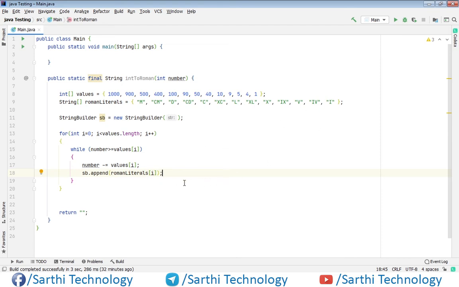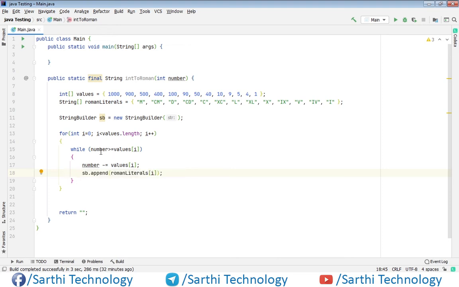So now at this moment we have one I, and the number is now 2. Again it will check whether the number is greater than or equal to values i, that is 1. We have 2 at this time, and the value is 1, so again we will enter here. First we subtract 1, and now we have 1, and we append, so here we have double I, and now the number is 1.